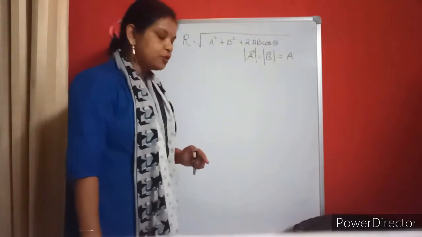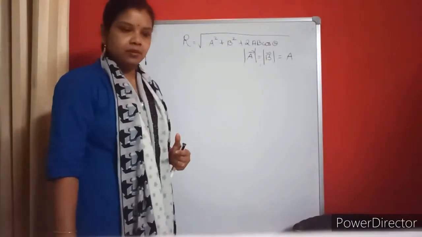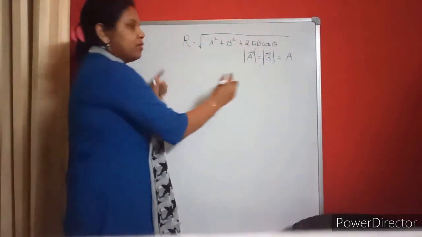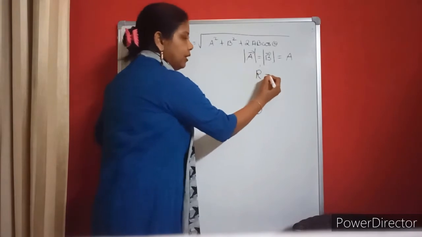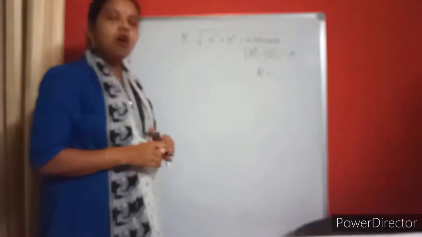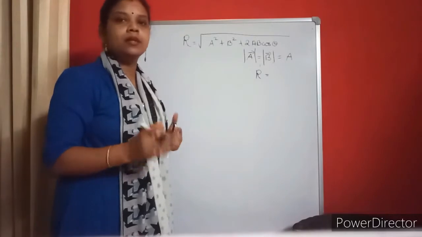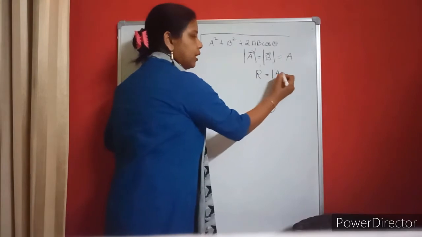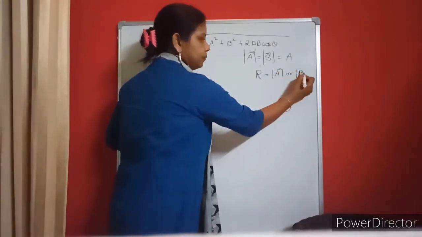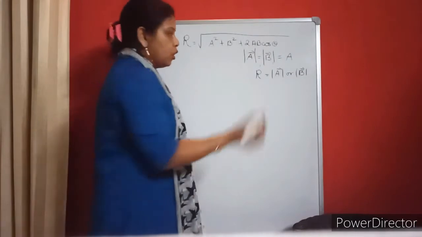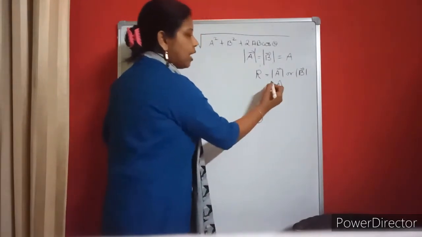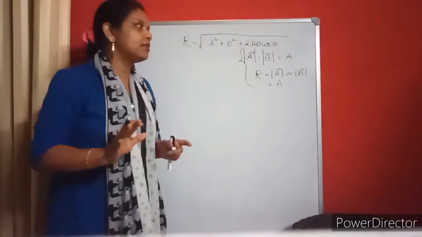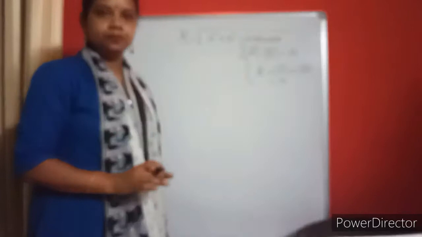Now it is also given that they have a resultant, and the resultant is equal in magnitude to either. Suppose R is the resultant and it is equal in magnitude to either. What does it mean? It means that the resultant is also equal to vector A or vector B, meaning magnitude. So can I write this as A again, means R will be equal to A. So this is what is given. Nothing else is given, and it is asked to calculate the value of theta.